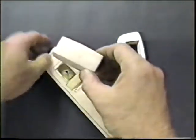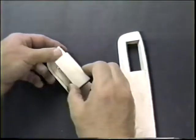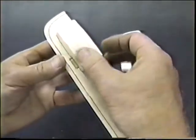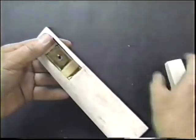First thing I do is drill this. This is on a 90-degree plane with the drill press, so that gives me a straight 90 degrees. Then I use this to mark where the blind nut is going to be. And see, I have that outline on there. And when that's all done, then I can take this off, lay this piece on here,